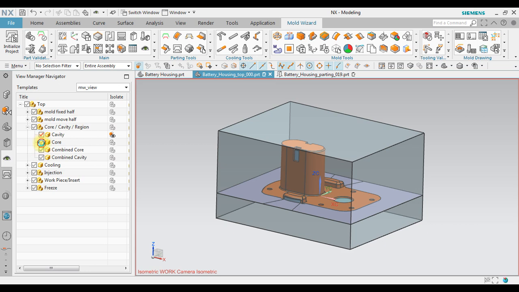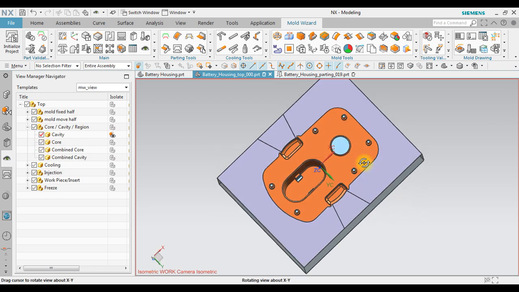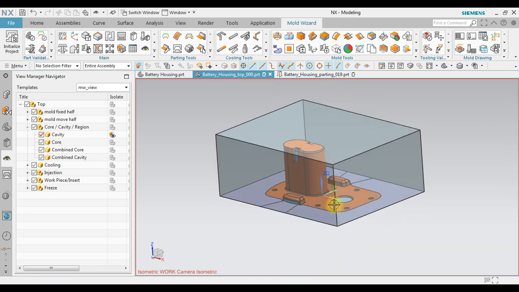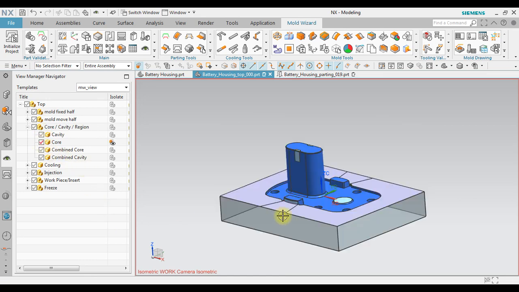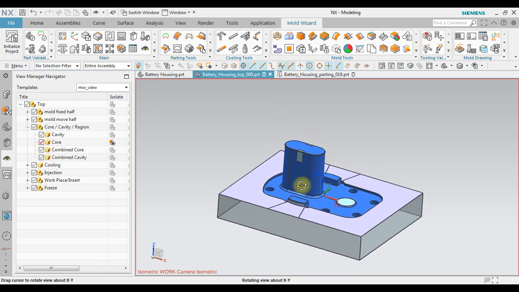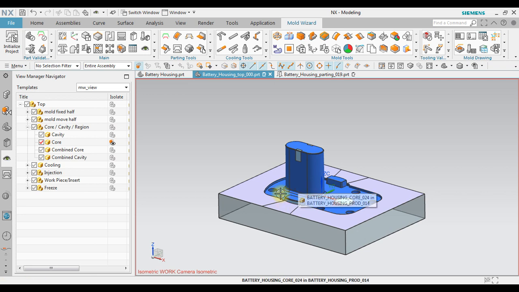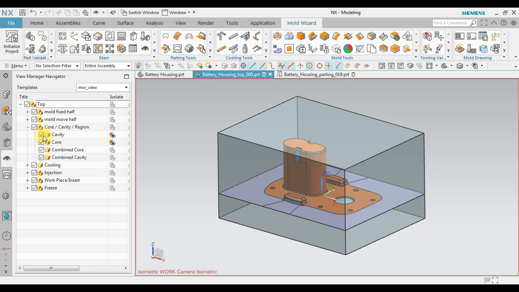If we hide the core, we have the cavity product. If we hide the cavity, then we have the core. Okay, so that's how to create cavity and core in NX Mold Wizard.